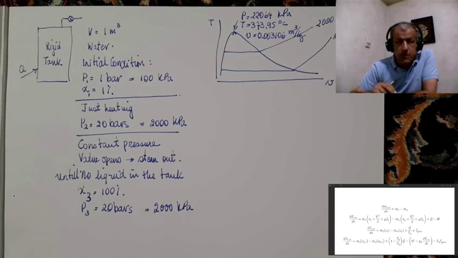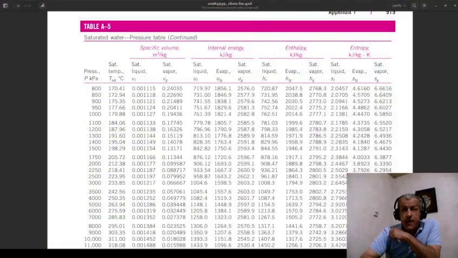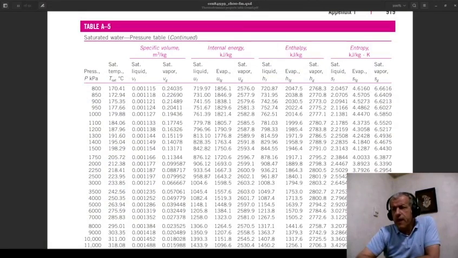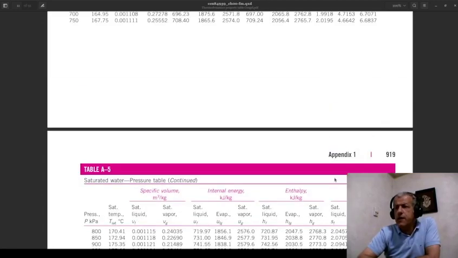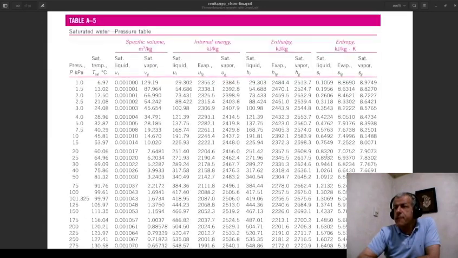You could use also EES for finding properties, but as it is, I would try to do it with whatever there is in a table. Now, this is a sample table, and what you find here is the 100 kilopascal line. Let's see. Yeah, this is the 100 kilopascal line. It is here, and